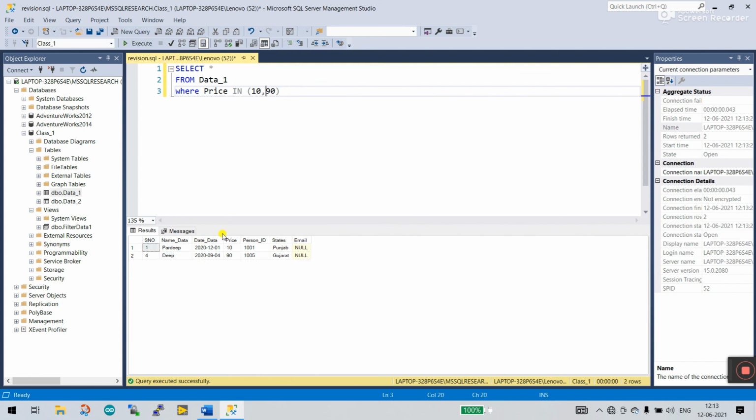Now click execute. And you see only 10 and 90 are displayed. You can change it, like I enter 99, 10 and 99, or 90 and 99, click execute. And you see 90 and 99 displayed in your table. It's very important. Now let's come to the next one.